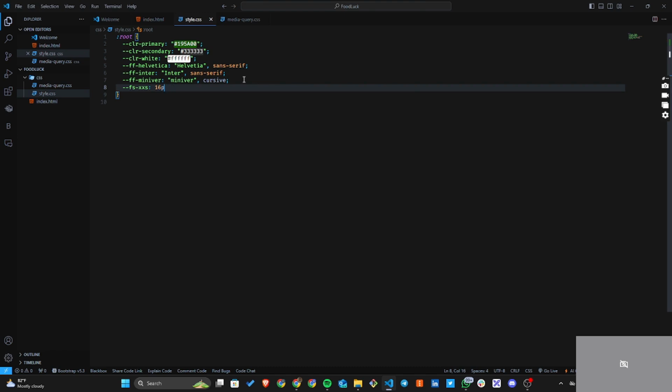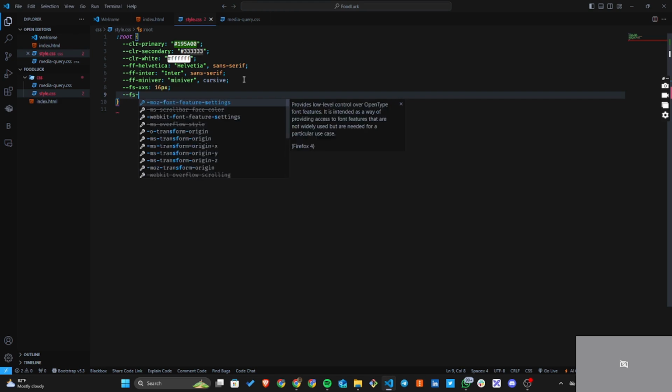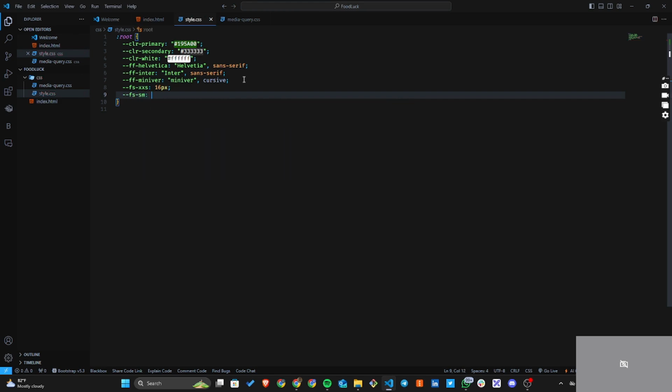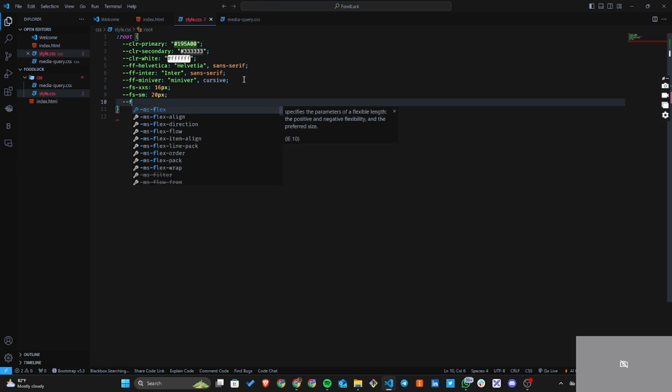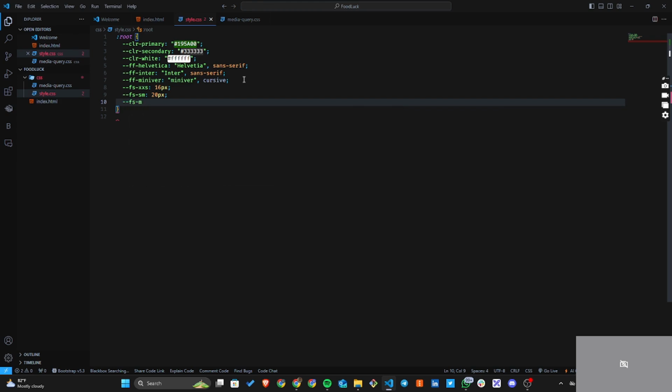Then for small it can be 20 px. Then for medium it can be 24 px,